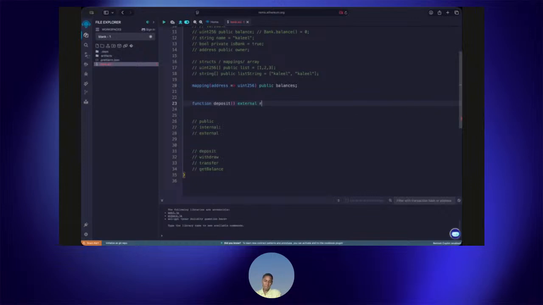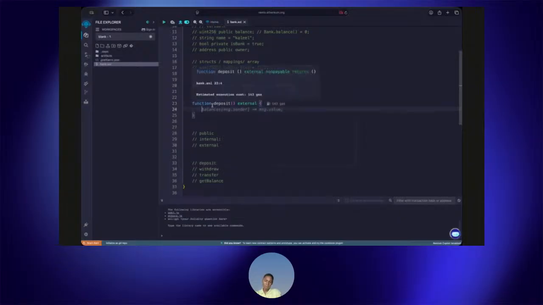So we are actually just going to say the balance of the message.sender equal to the message.value. Writing this, we have the message.sender, and then we are going to add the message.value.